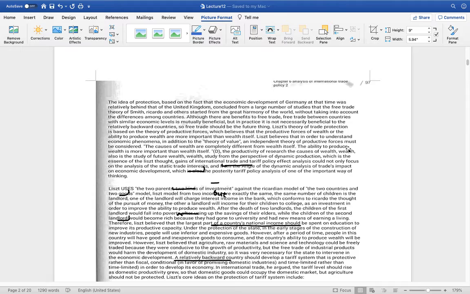So let's research the cause of productivity of the wealth. That is the future wealth. It is studied from the perspective of dynamic production, which is the essence of his thoughts. The gains of international trade